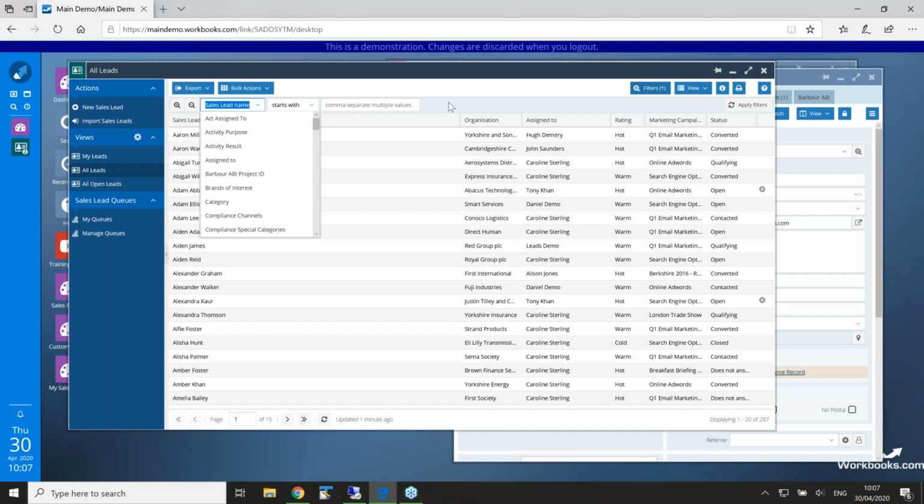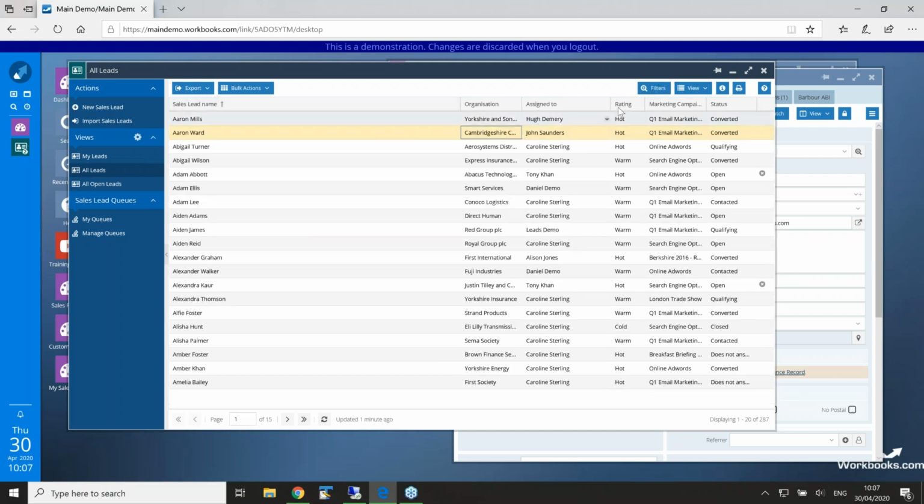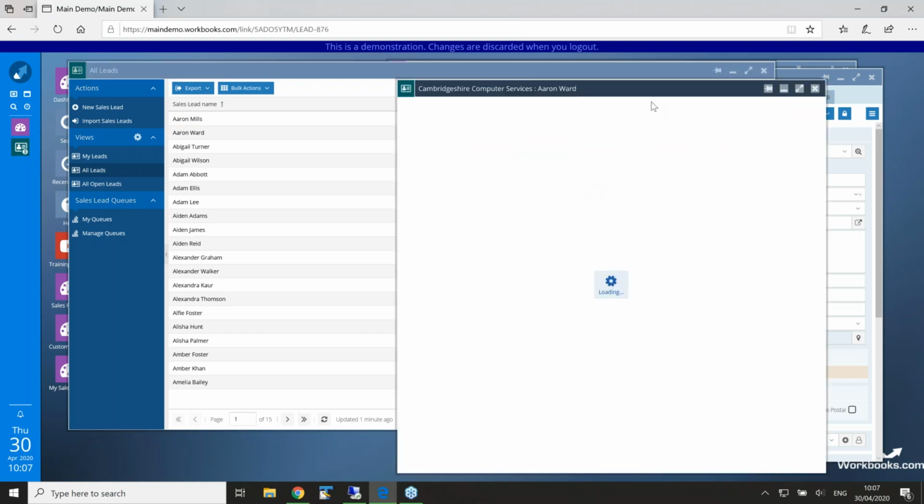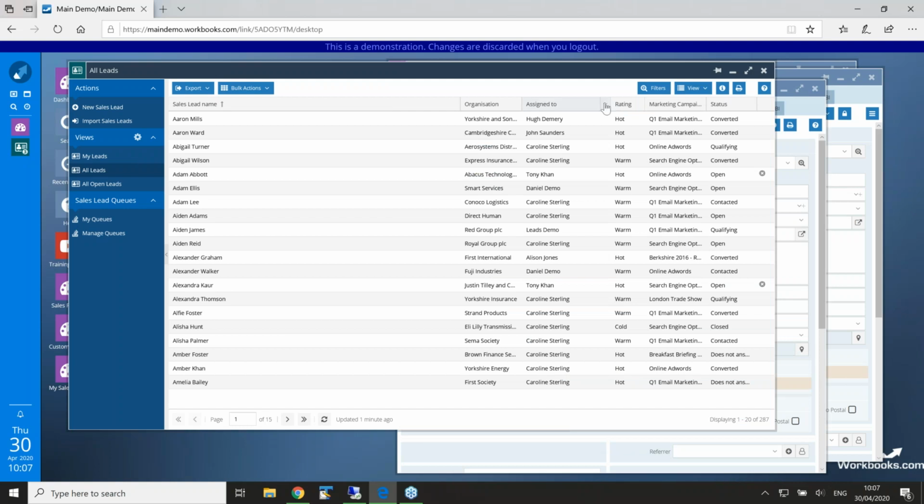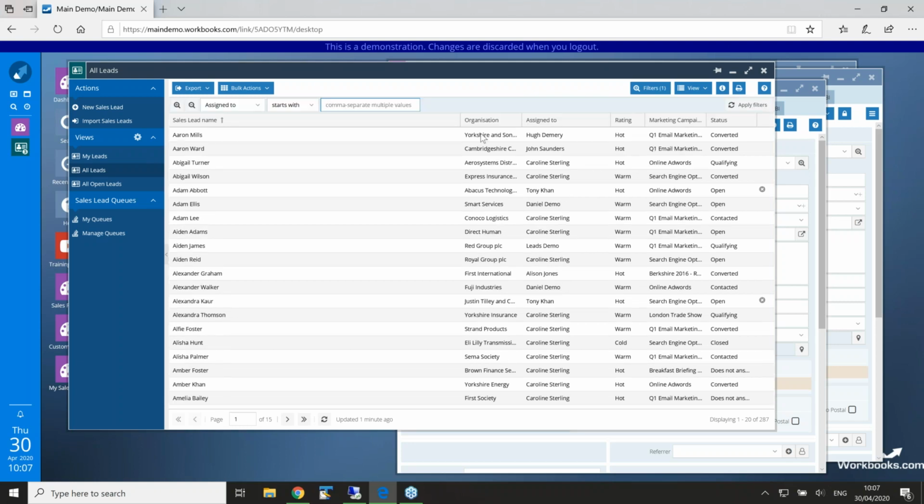The other option, and I find this really quick and easy, is if you have the field appear on the landing page that you want to see, such as assigned to, I can flick into the little menu here and choose add filter, and it assumes that I want to filter on that particular field. You can see here it says assigned to. So I'm going to filter on my assigned to telesales,